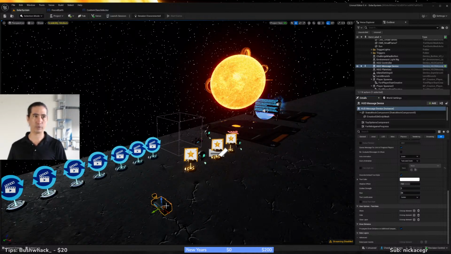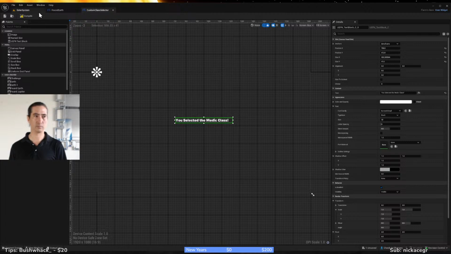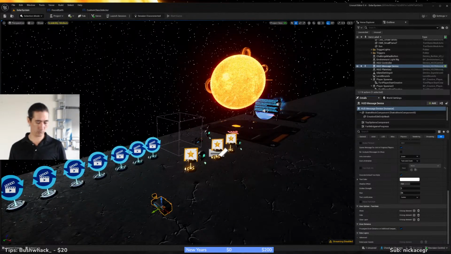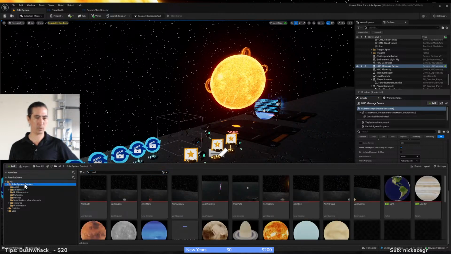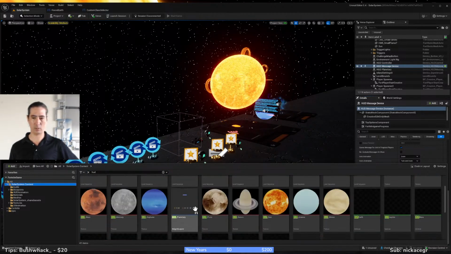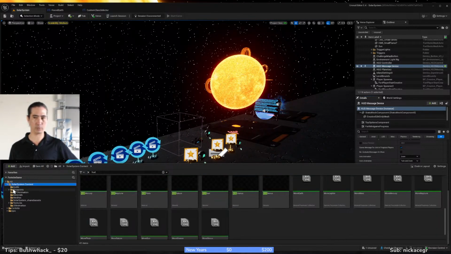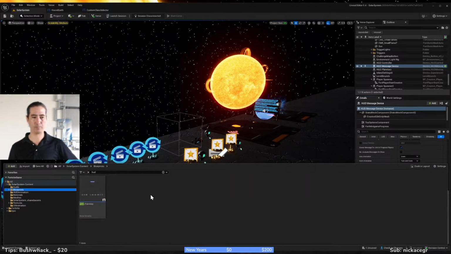Once you get into the blueprint folder, again, you just make up your own blueprint folder, right? If you look at mine here, the solar system, I've got multiple folders that I made just to keep everything organized. Okay, so to make the right blueprint, get into your folder, and you can either click the add button over here in the corner, or you can right click anywhere in the empty space of the content browser.